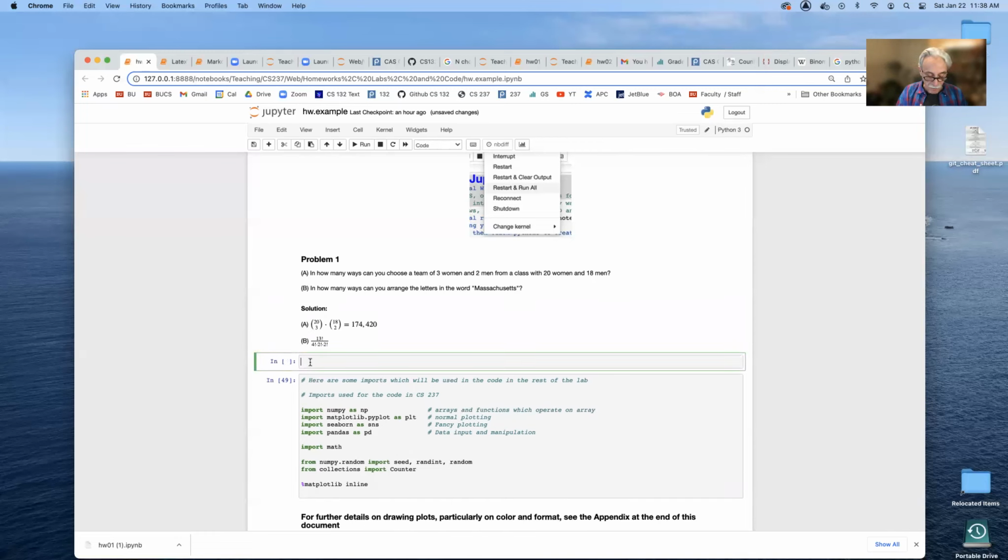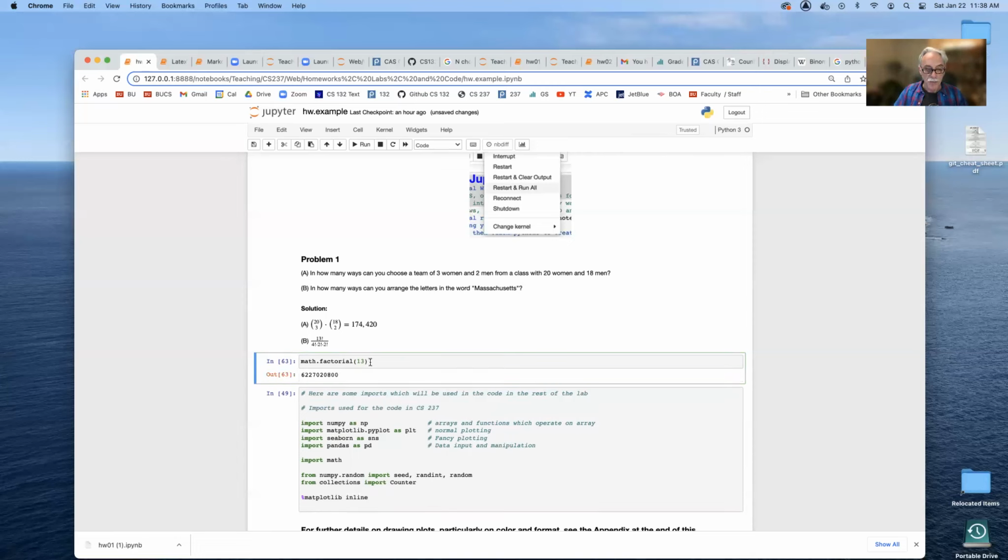I think it's math, and this one I think is just factorial. Again, look it up if you don't know what it is. The factorial of 13. Let's see if this is in fact working. Yeah, there we go. But now I have to divide by math